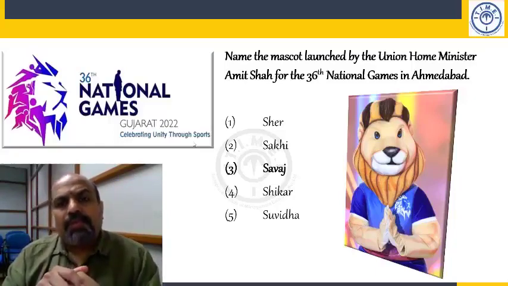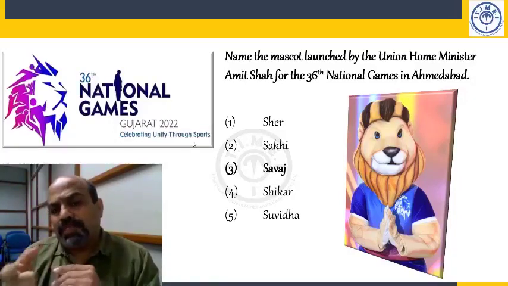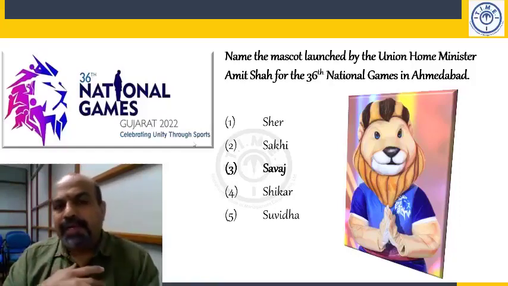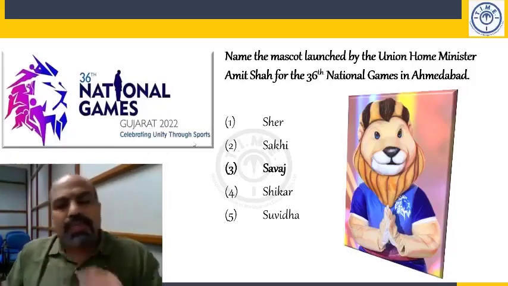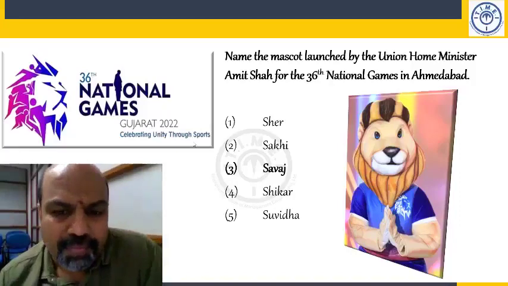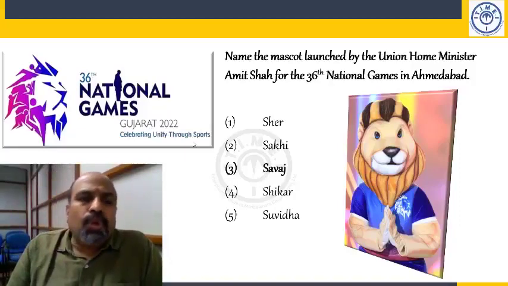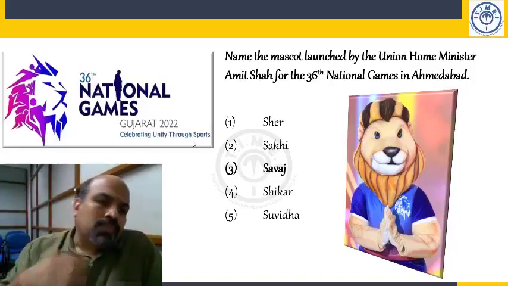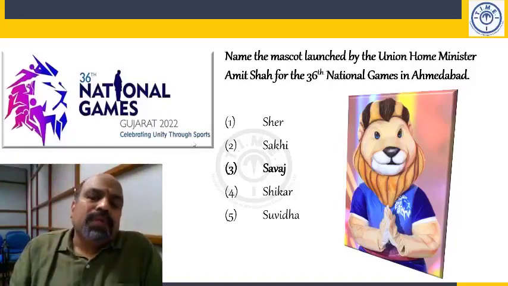Next, mascot, M-A-S-C-O-T. You could write that. Savaj, S-A-V-A-J, in brackets, Gujarati for cub, C-U-B, young of a lion. Next. Logo, L-O-G-O, that's the logo. You see in the picture there. Asiatic lion head,